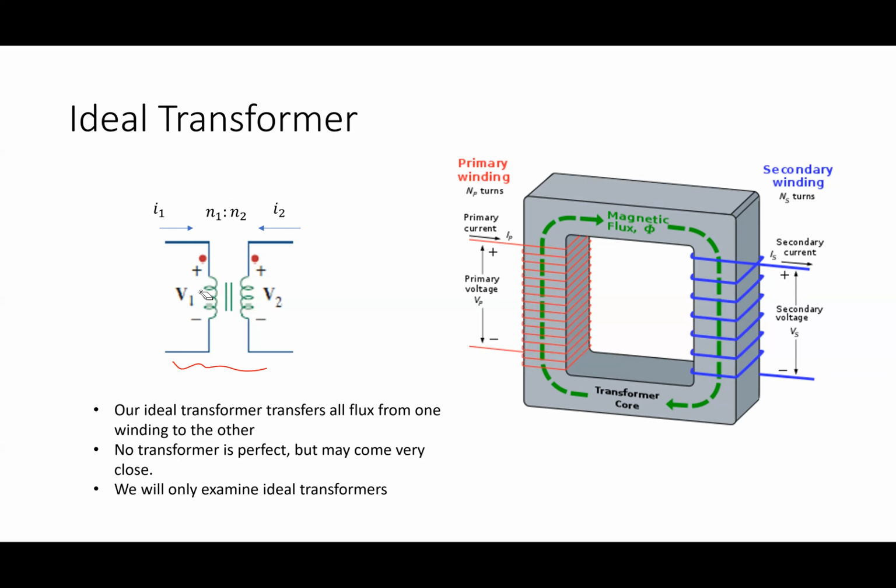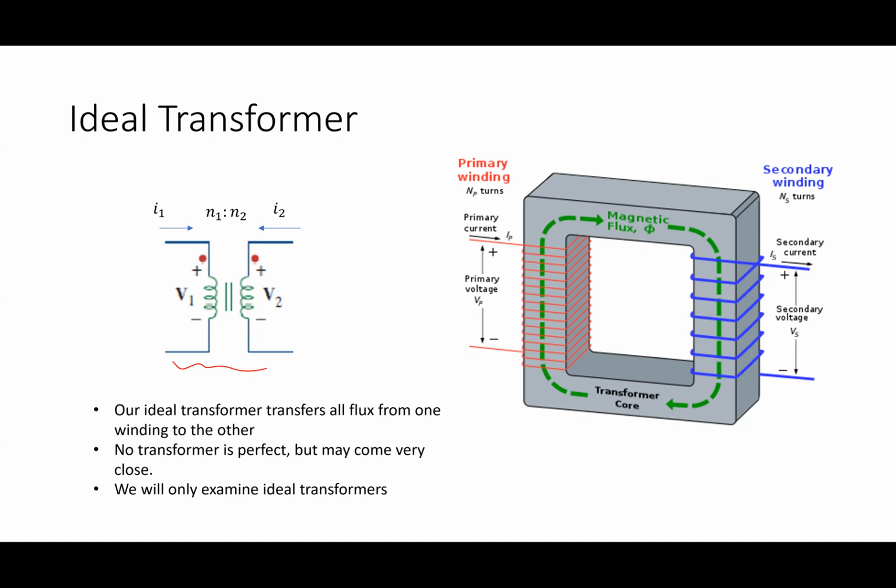If you think about this thing, it looks like inductors because what I have is a coil of wire around some iron. That's what an inductor is, a coil of wire around some iron. There is some inductance to this stuff. We only talk about that when we talk about non-ideal transformers. And again, most transformers are really close to ideal. So from the perspective of you in 2112, you just need to know the ideal transformer. Your circuit model for it is that guy. So it's a new element for us. There's no impedances with it or anything like that. It's just a device that we deal with, and we talk about its voltages and its currents.